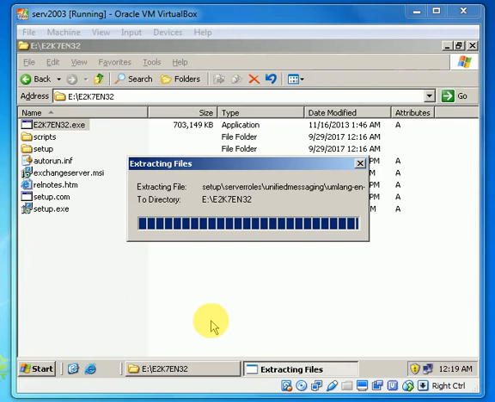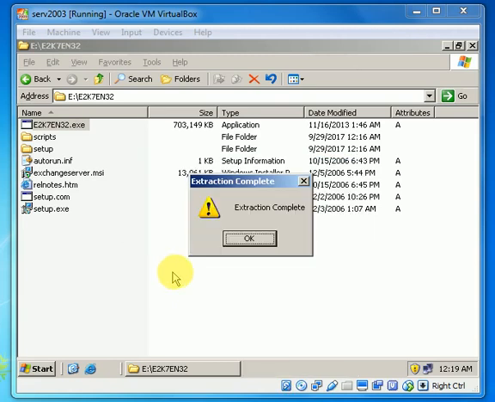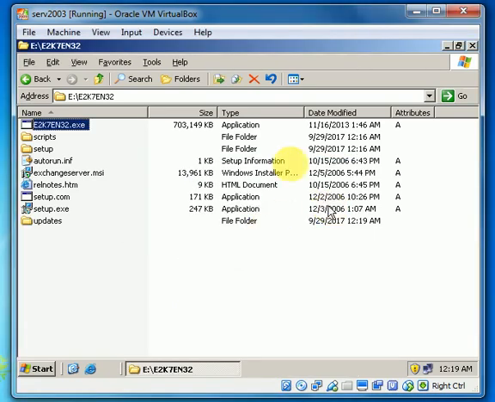Today I will discuss Exchange server installation on Server 2003 Service Pack 1. In the previous video I already discussed the installation of prerequisite software such as .NET Framework, Microsoft Management Console, Windows PowerShell and the IIS server service pack. So today I will discuss how to install Exchange Server 2007 on the